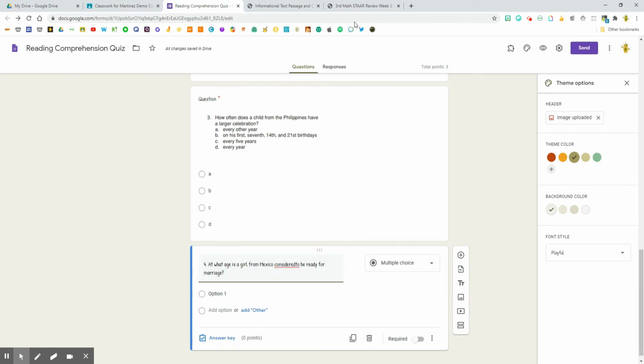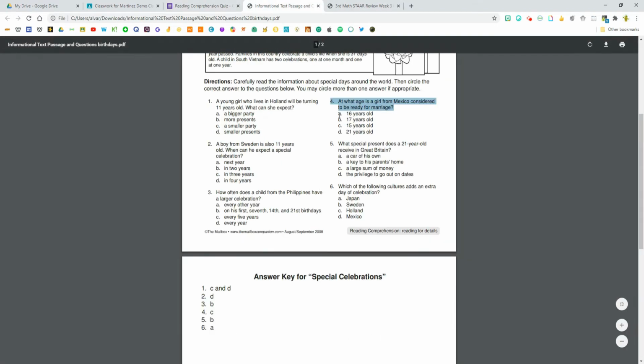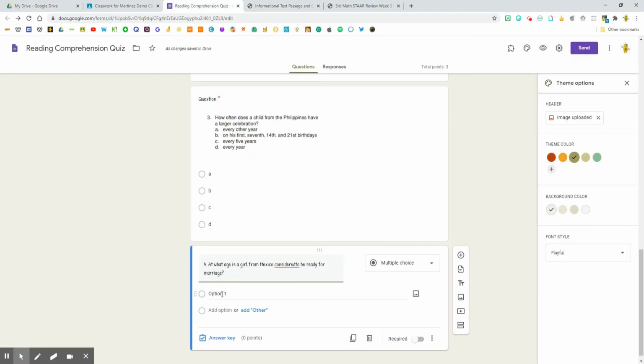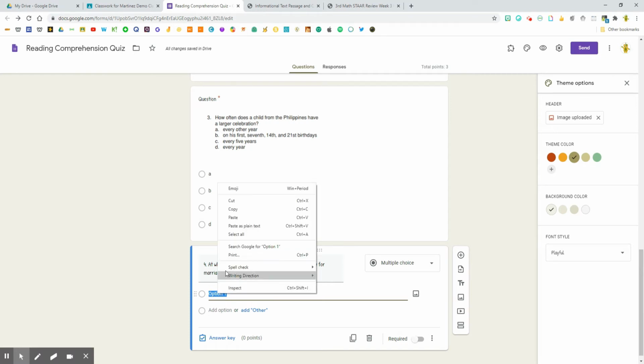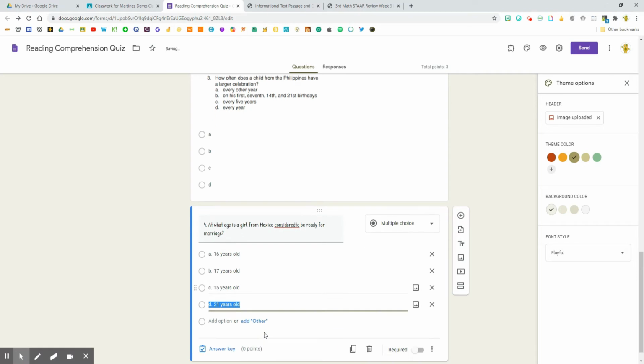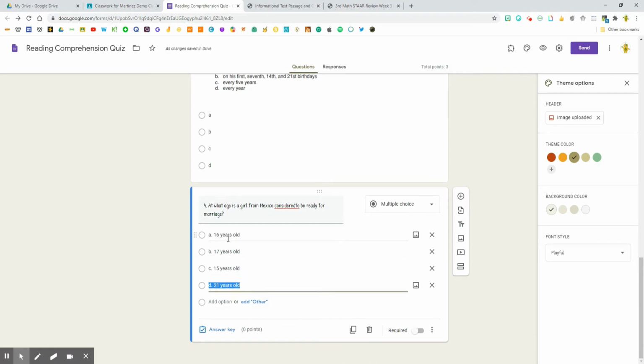And for the answer choices, all I have to do is select answer choice A, B, C, and D and copy. And once I copy the answer choices into the first option, it'll then convert the rest of the answer choices into B, C, and D. So if I paste it, as you can see here, it automatically inserted answer choice A, B, C, and D. All I have to do is click Required,